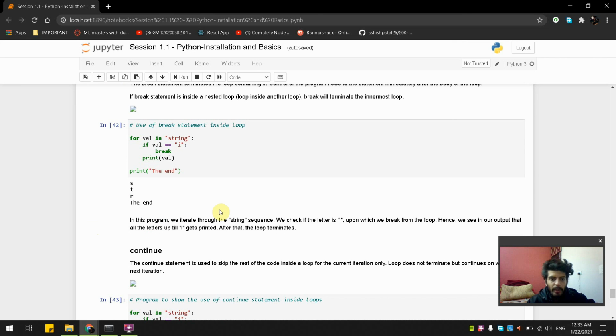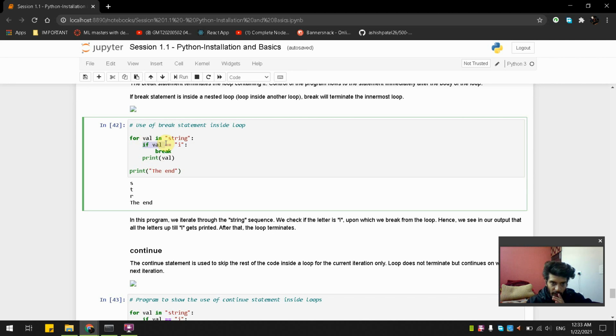Break actually breaks the loop when the condition gets satisfied. It's like if value is double equal to i, we are performing this thing, and then we need to break this whole loop and directly go to the end.